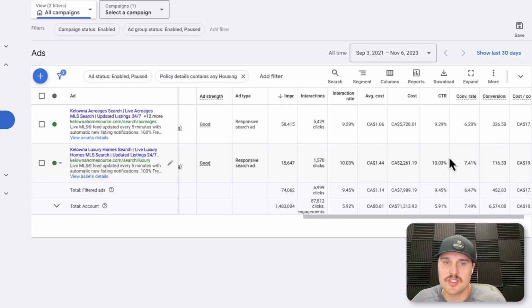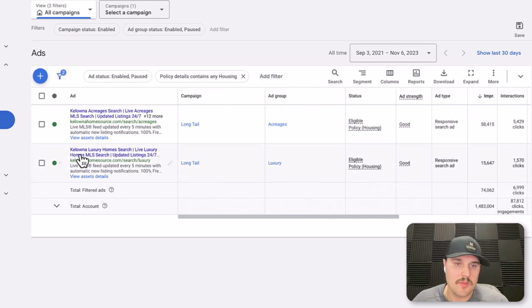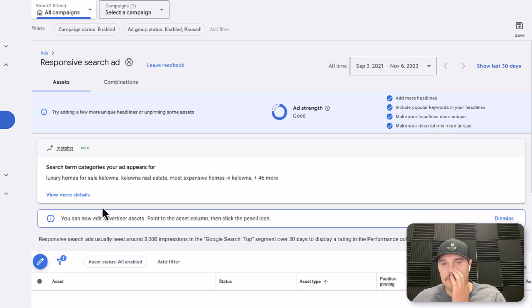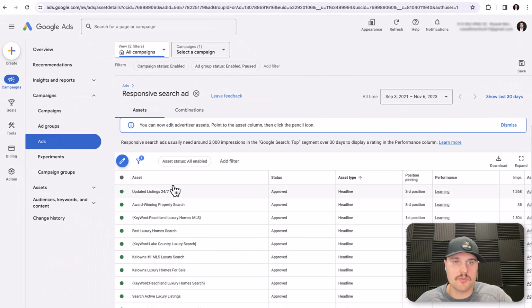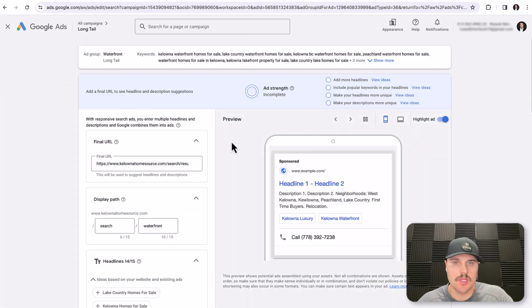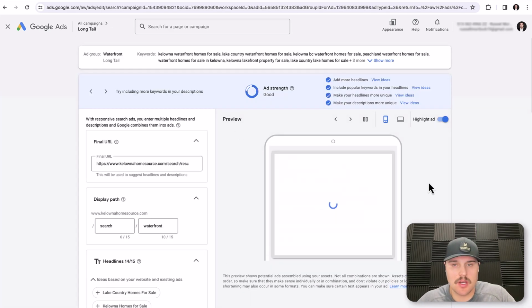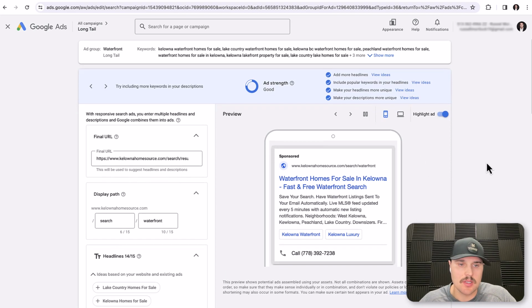I find this really interesting because, say, the Kelowna Luxury Homes Live Luxury Homes search here, that one has around a 19% cost, but the click-through rate is higher. And then we can just go down and view these assets even more. So you can see everything in terms of responsive search ad, what's popping up there. We go back. So now when we dive into how these ads are looking, so to optimize our content,